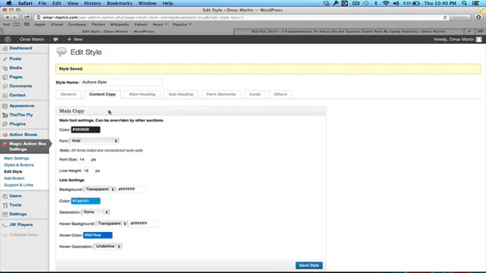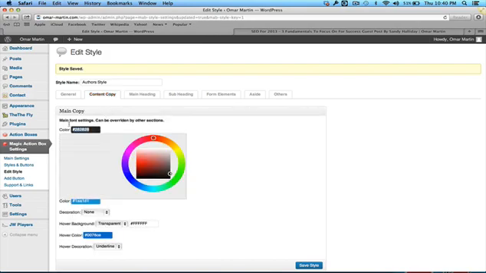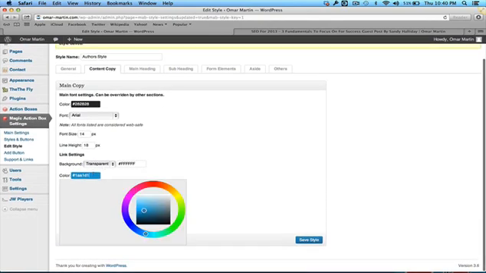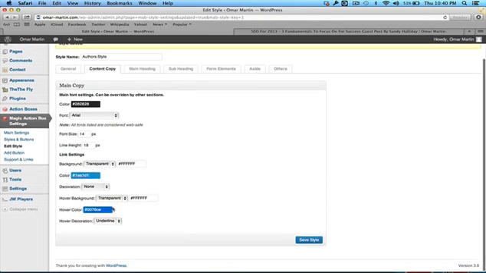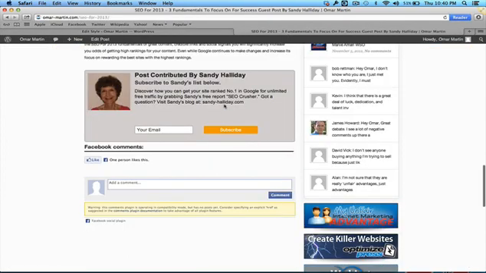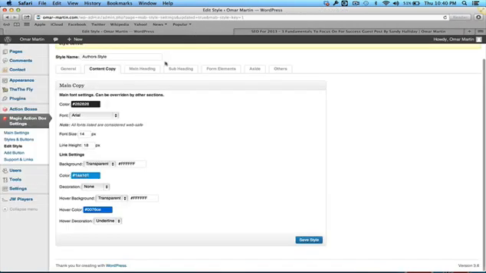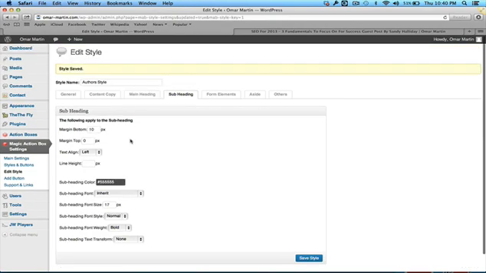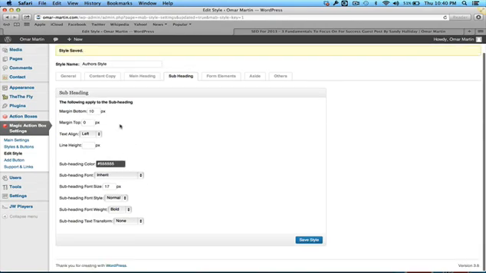Now, if I wanted to change the content, the text of the content, the color, the size, the font, the way that links show, this is the color that I want for links. This is the color that I want when they're being hovered over. And there is a link in hers. If you notice, see that when I hover over her URL, it turns into the color that I designated. I can also modify the headline size, color. I can modify the subheadline size, color, and all these other values.